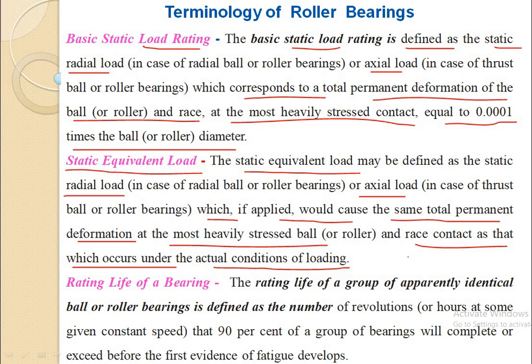Static equivalent load means what? Due to the application of that static load, if the total permanent deformation in that bearing is same as that of the actual permanent deformation when it is applied to specific conditions, that load is known as the static equivalent load. Means what? अगर उस बेरिंग में स्टैटिक लोड अप्लाई करने की वजह से